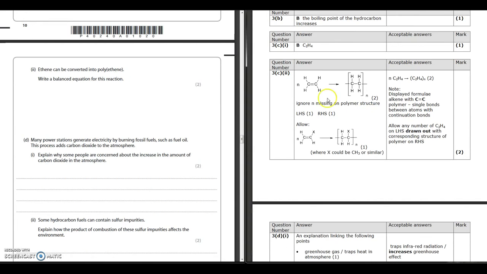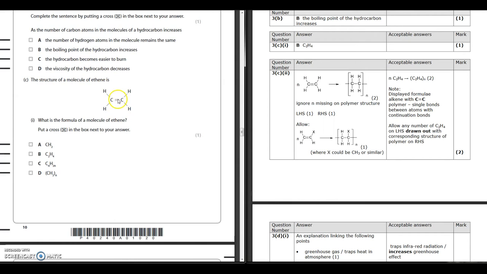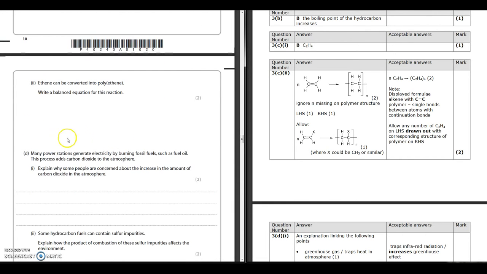In class, we'll look at drawing something like this. So we can say you can get n for any number of these monomers, and don't forget that's given to you right up here. Ta-da! And so we can put that on this side here, an arrow for a reaction, and then when we're looking at what's being formed on the right hand side for the polymer,